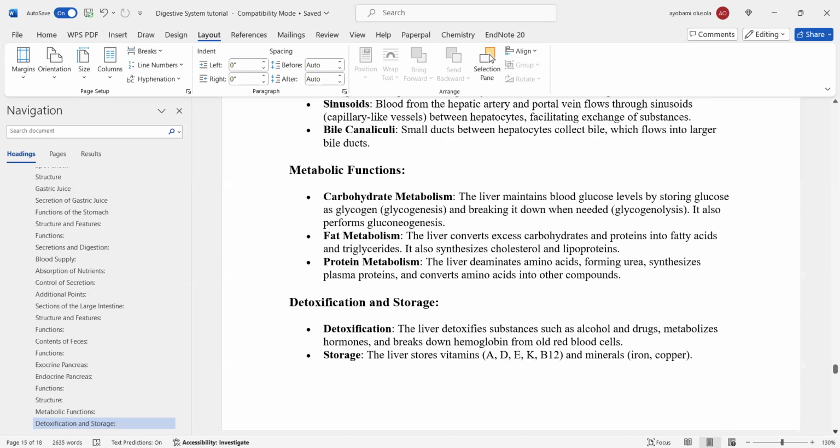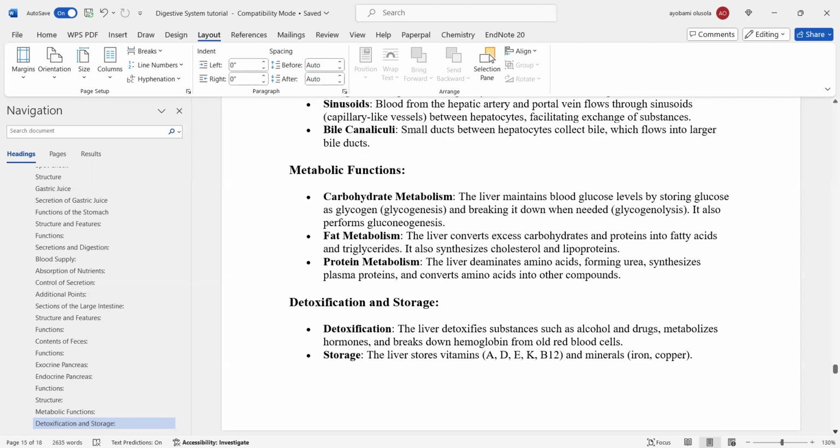It also performs gluconeogenesis. So you must know that the liver stores nutrients. Okay, fat metabolism. The liver also converts excess carbohydrates and proteins into fatty acids and triglycerides, and it also synthesizes